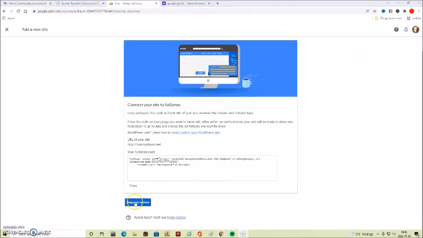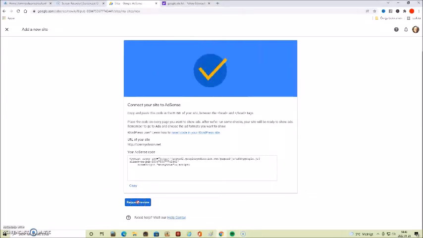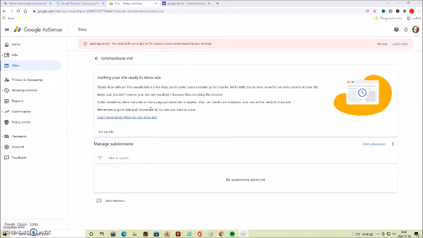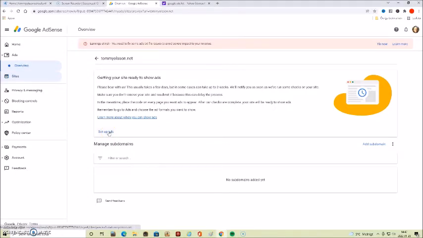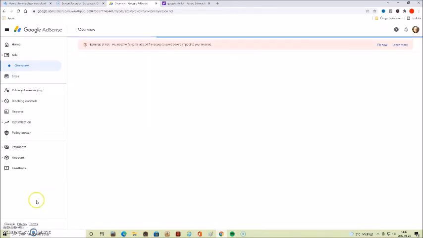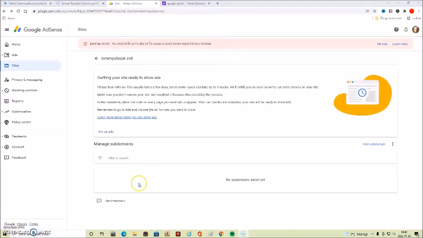When that is done, we click on this blue button at AdSense, site and request review. And you get notified if you're approved or not. It can take several days, a few days, but it can be two weeks or more. So have a bit of patience. When you want to set up ads, when you've activated it or it's approved, you just click there and you can choose different settings. So that is pretty much how to easily set up Google AdSense.